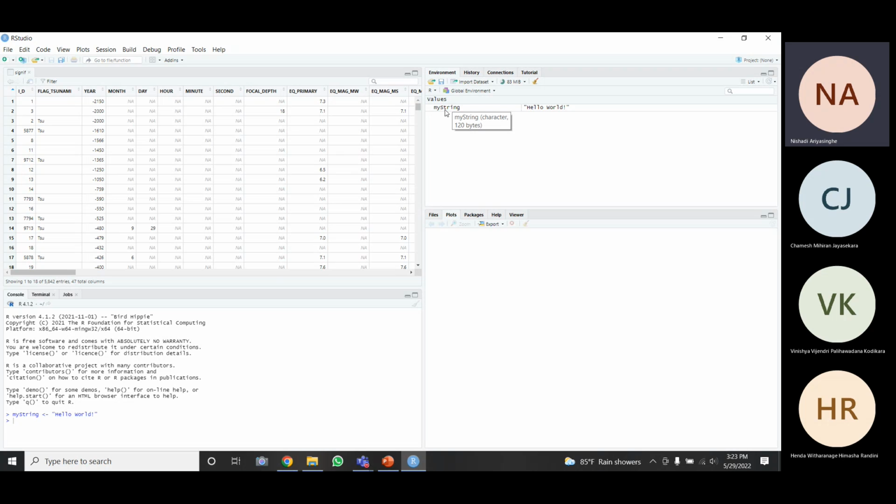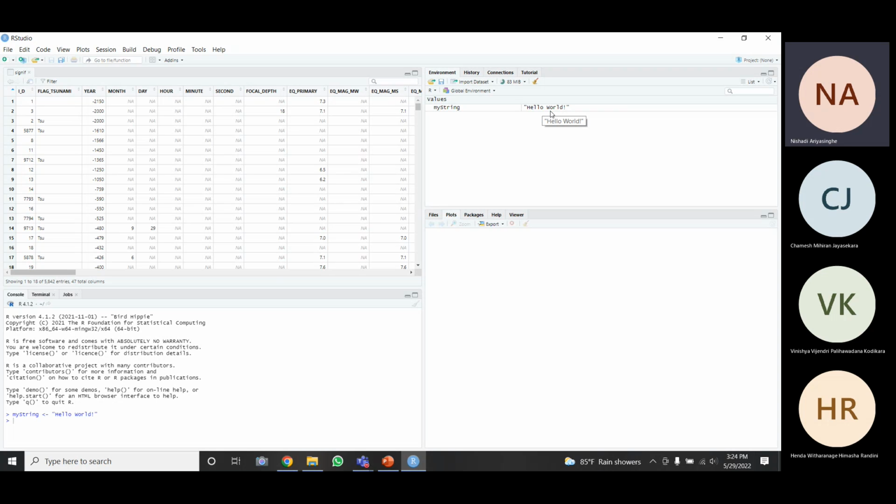If you move the cursor on top of this variable, you can see it is a character type variable because I have included characters. So the data type has been automatically taken as characters. Then the size is 120 bytes. It means the size of this set of letters, right?